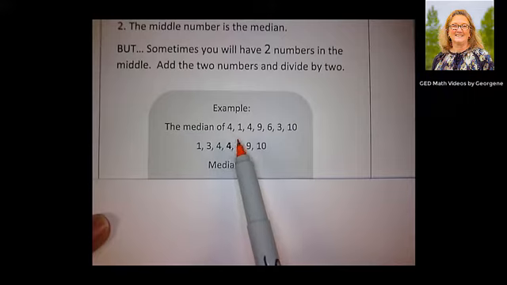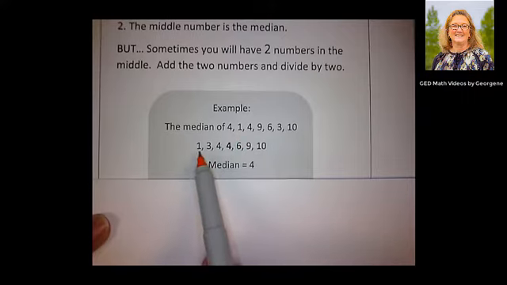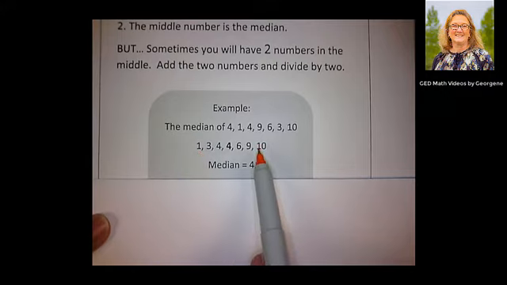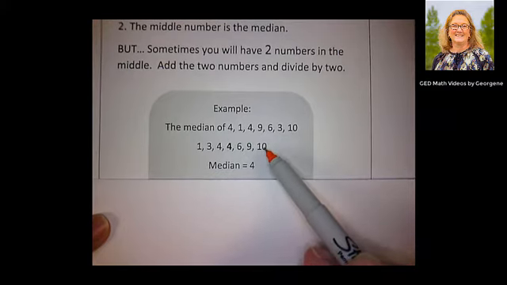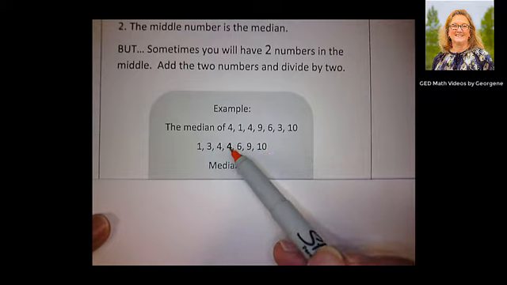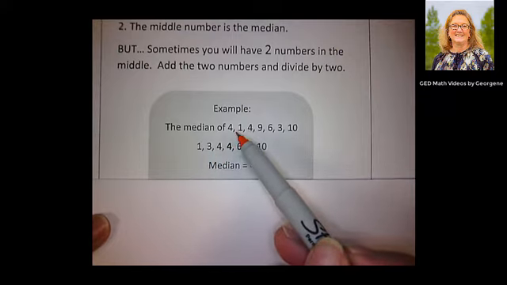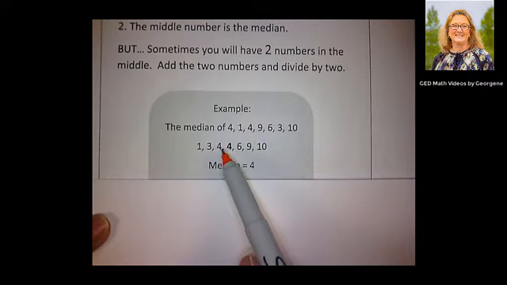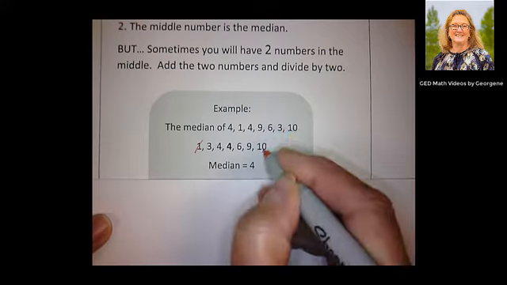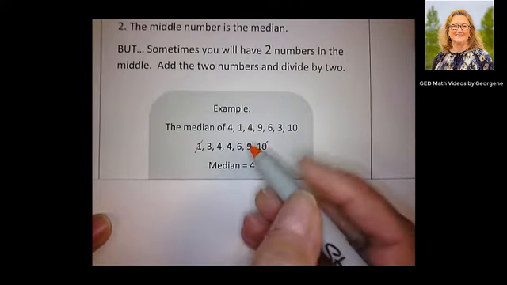And the first thing that I have to do is arrange them in order. And so I'm arranging them from lowest number to highest number. But I have to be careful, right? I have to make sure that I've got all of the numbers. There's 7 numbers, so I have to make sure that I've got all 7 listed, even if they have been used a couple of times. And so you'll see that I've got 2 4s here. And then to find the median number or that middle number, I just start slashing here. Let's cross out equal